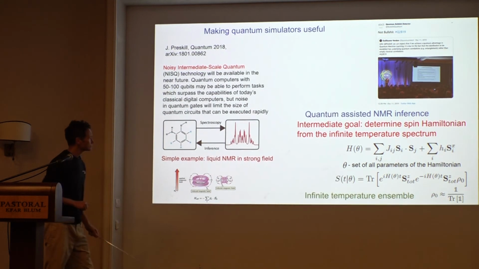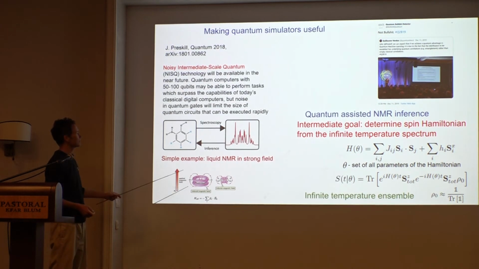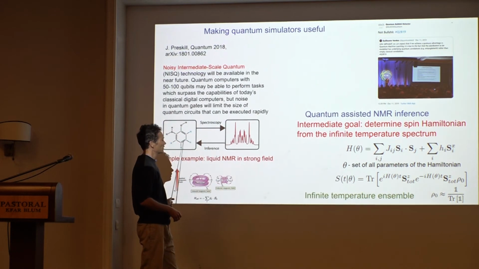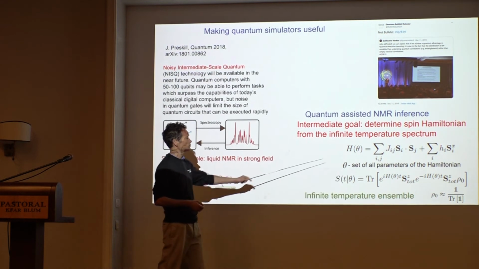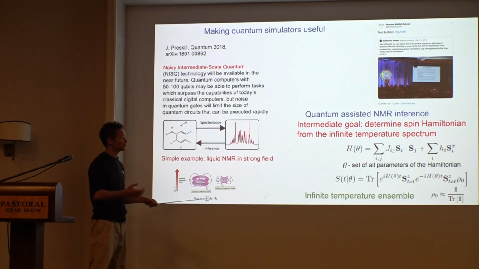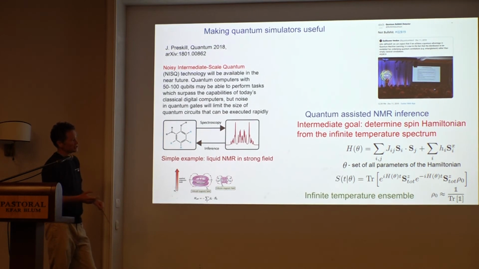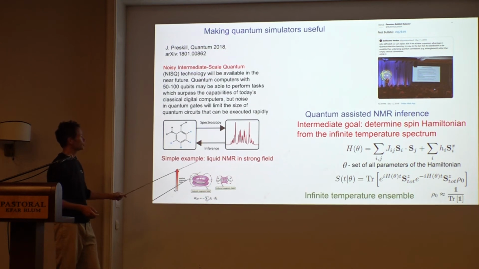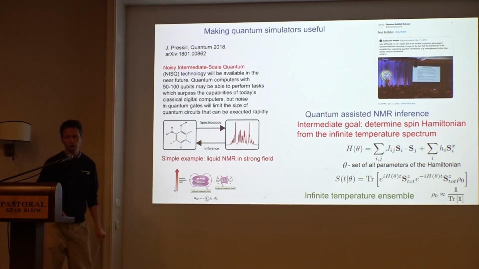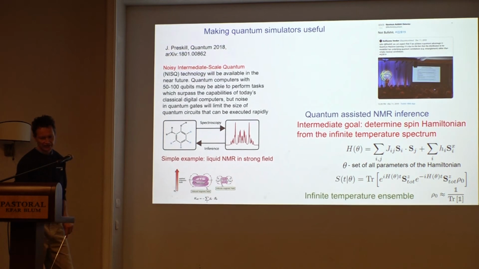So you can imagine that if you wanted to recover the Hamiltonian, you would make a guess about the Hamiltonian, compute the spectrum, compare it to what has been measured, adjust it, then compute again. And if you compute the spectrum most directly, because you're at infinite temperature, all the states are involved, so you have to essentially diagonalize the entire system, an exponentially large matrix. And in fact, you have to do it many times, because every time you adjust the Hamiltonian, you have to recompute the spectrum again, and that's why it's a laborious task.